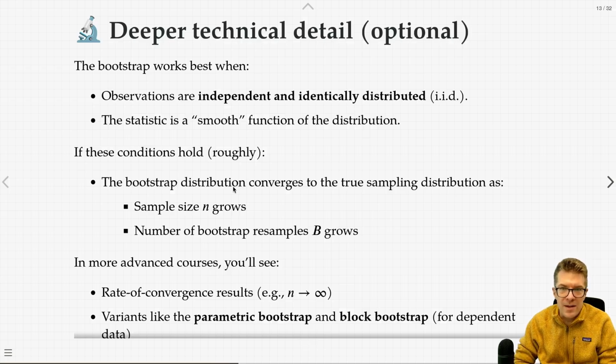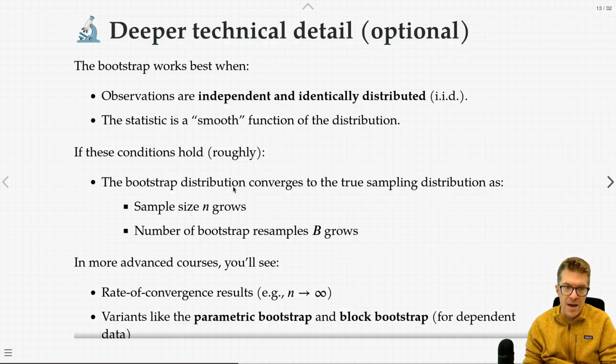Just going a little bit more in detail, this is optional for those who don't care, but for all of you who do, just going in a little bit more detail. Bootstrapping in this way, so sampling with replacement and computing statistics on every sample, i.e. bootstrapping, works best when the observations are independent and identically distributed, so performing the shuffling and performing the random samples